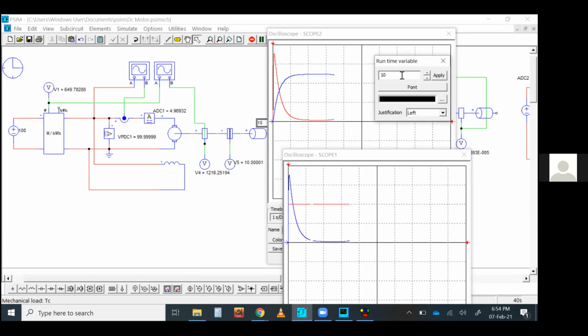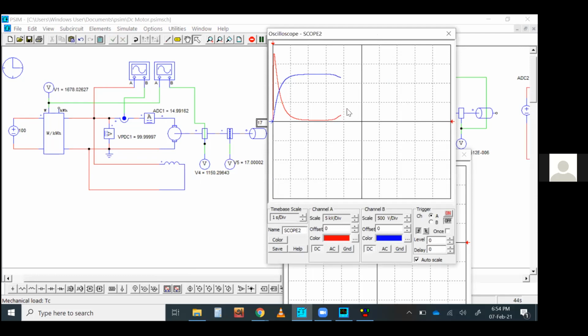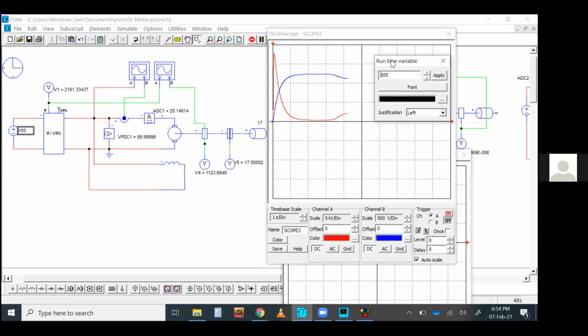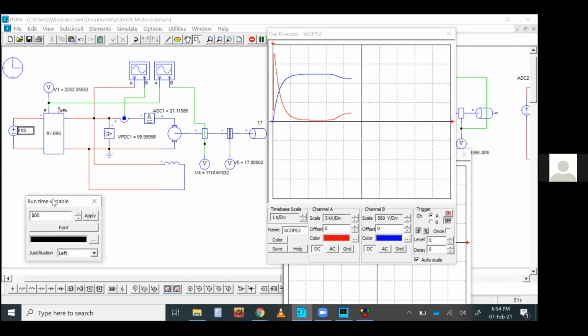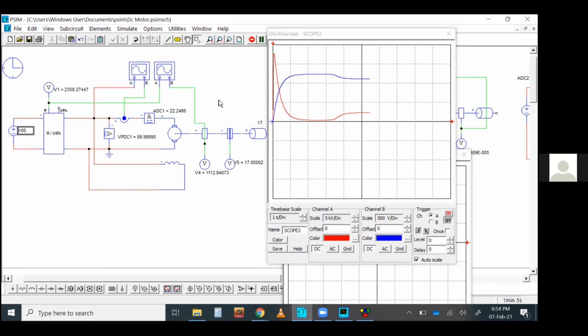So you see, I'm increasing the motor load torque. So the motor load current is increasing now. Also, if I change the source voltage, then the motor parameters will change, the speed will change, the current will also change. So you can do all kinds of simulation here, whatever ideas or whatever circuit comes to your mind anytime, you can check it with this. Whatever ideas come to my mind, I use it often.